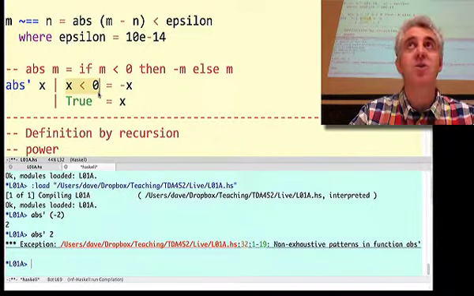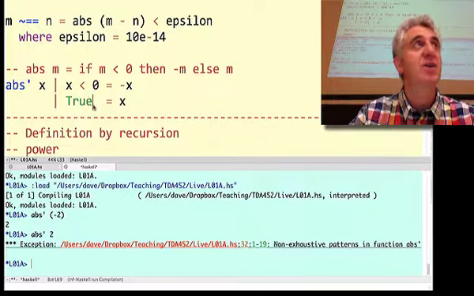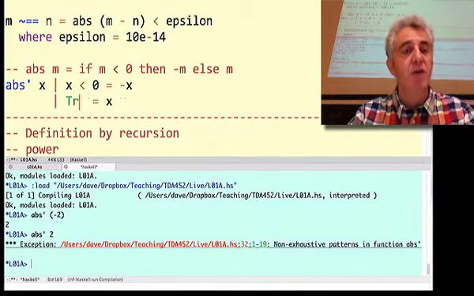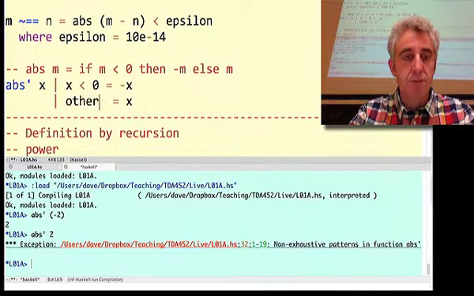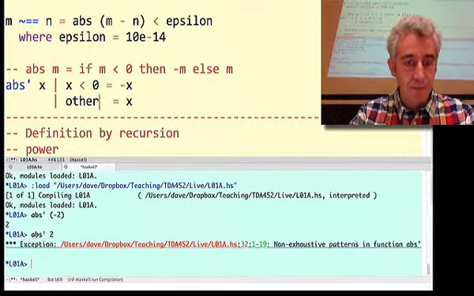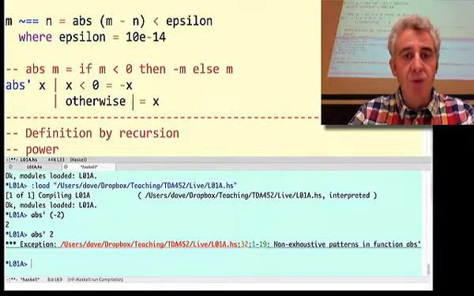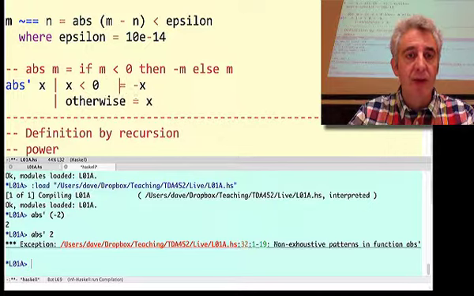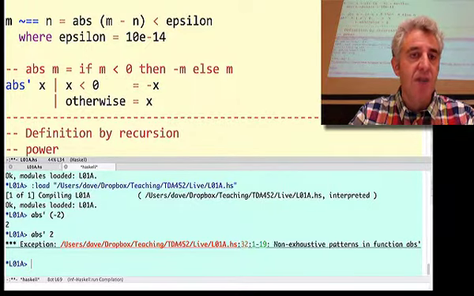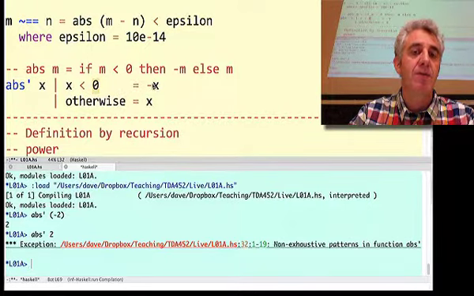Stylistically, you don't do this in a Haskell program, not because you can't, not because it's wrong, just because this is not the typical style that you would use. You would actually use something called otherwise. So a typical way you would see this defined would be like this, lining them up nicely just for readability. It would say that abs of x, when x is less than 0, is minus x, otherwise it's x.